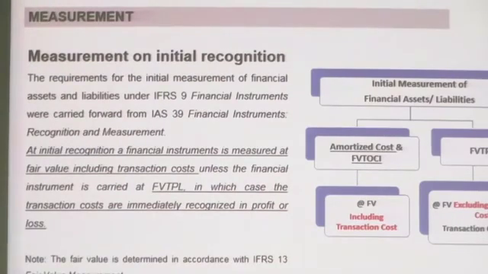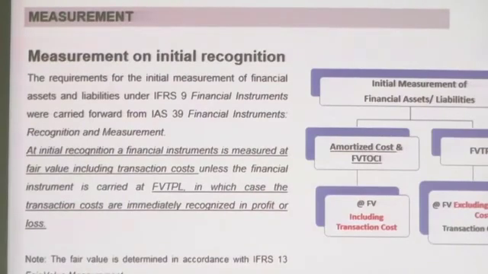SLFRS 13 told you to take level 1, level 2 or level 3 inputs to measure it. Level 1 active quote at market price. Level 2 a price of a similar asset. Level 3 is the discounted price values of the cash flows. If you measure fair value according to level 1 using observable data, day 1 gain or loss directly taken into the P&L at that time.